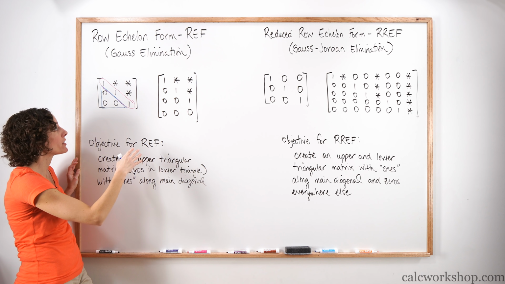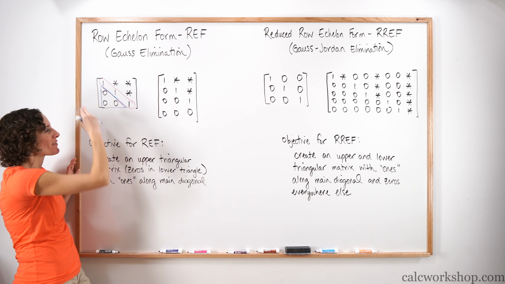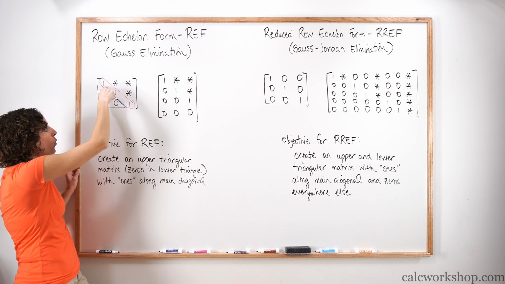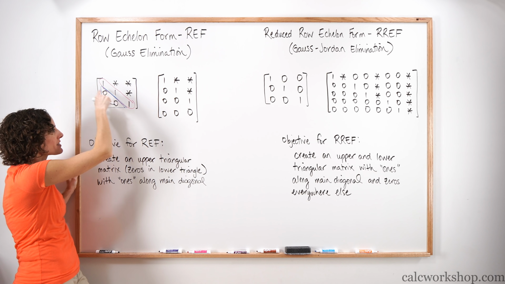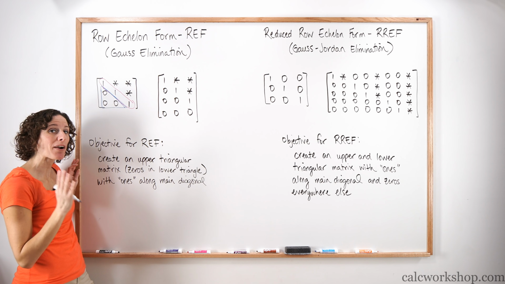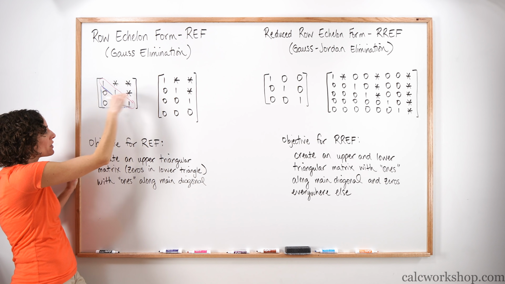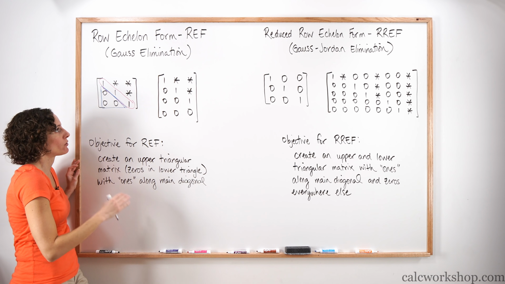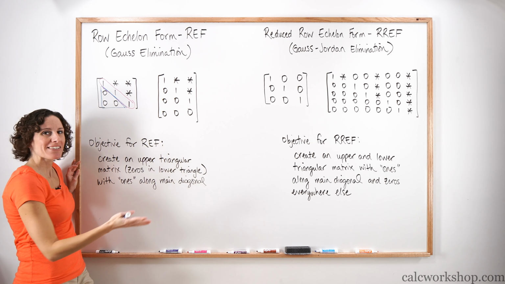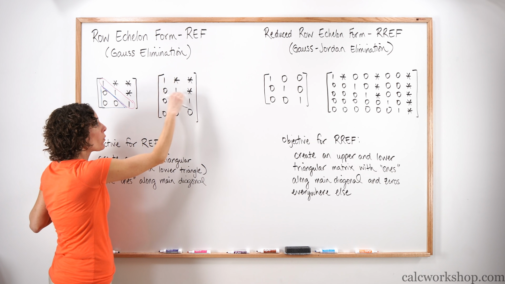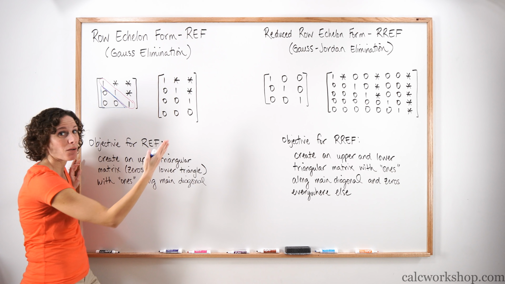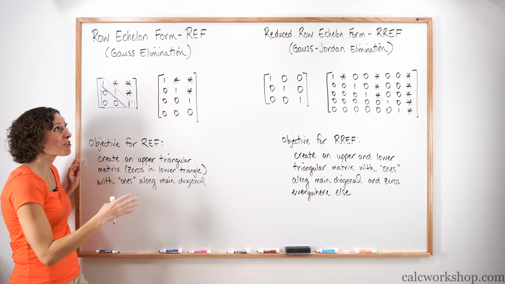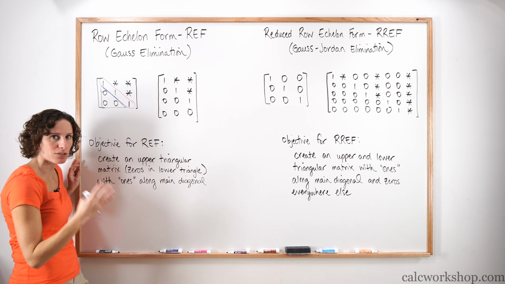That is our objective. So what we're doing is we're taking a system, we're reducing it down so that we get ones down the main diagonal, zeros in the lower triangle. Now this is a square matrix, meaning we have 3 rows, 3 columns. So we know we're going to get a main diagonal. If you look here, it's not a square matrix. We have 4 rows and only 3 columns. This is a 4 by 3 matrix, so there really isn't a main diagonal to speak of.